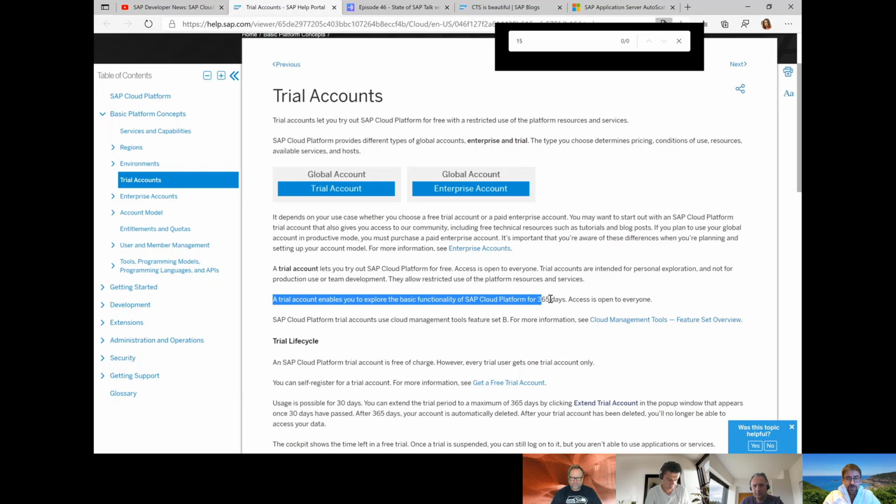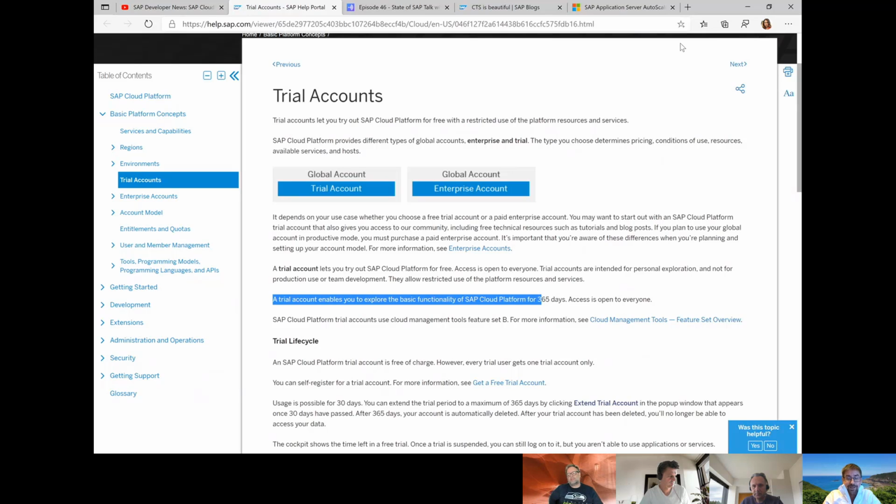On Twitter and some other social media, there were some discussions that this is a step in the right direction, and I agree. For me, this is still a huge improvement over what we had so far. Especially if I look at my own usage of the trial account, it was a little annoying to recreate everything after 90 days. So now hopefully we can use it for a little longer than this.